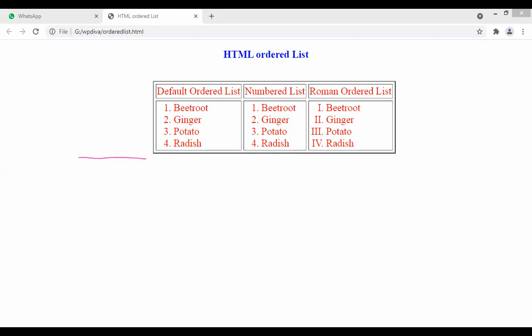Then I'm forming a table, border equals 2, cell spacing equals 5, cell padding equals 2, and color equals blue, right? So where is our output, guys? Can you see any color effect here? No. I have taken color equals blue, but it is not applied. Why? Because color is not an attribute of the table tag. So you cannot directly apply color here. Why can I not apply it? Because color is not an attribute of the table tag.